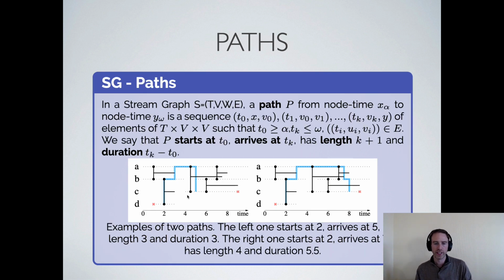Just something I forgot to say, it's really important to look at the order of edges when you're searching for paths in dynamic graphs, and this can be illustrated with an example like this one. There is an edge between A and B over this period, and an edge between A and C over this period. If we look at the information that can spread from node to node, so information or even a virus, you see that it's very important to consider